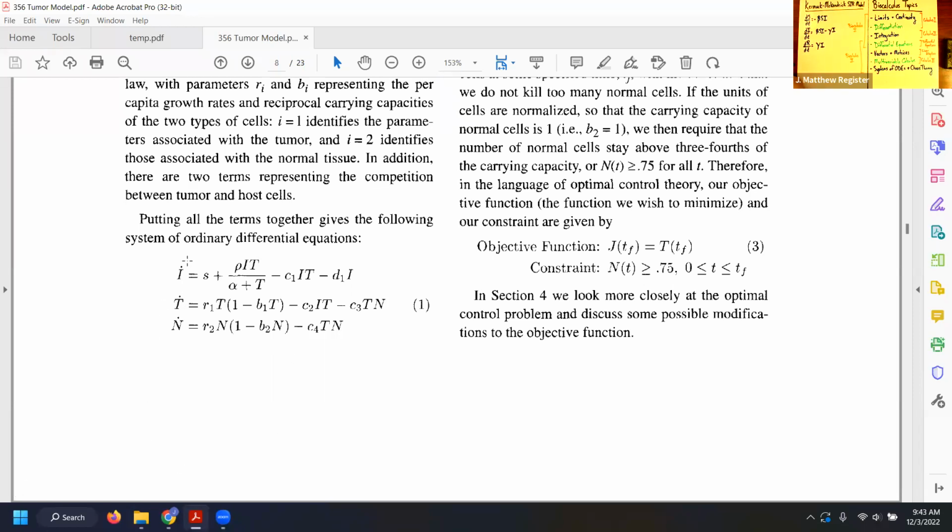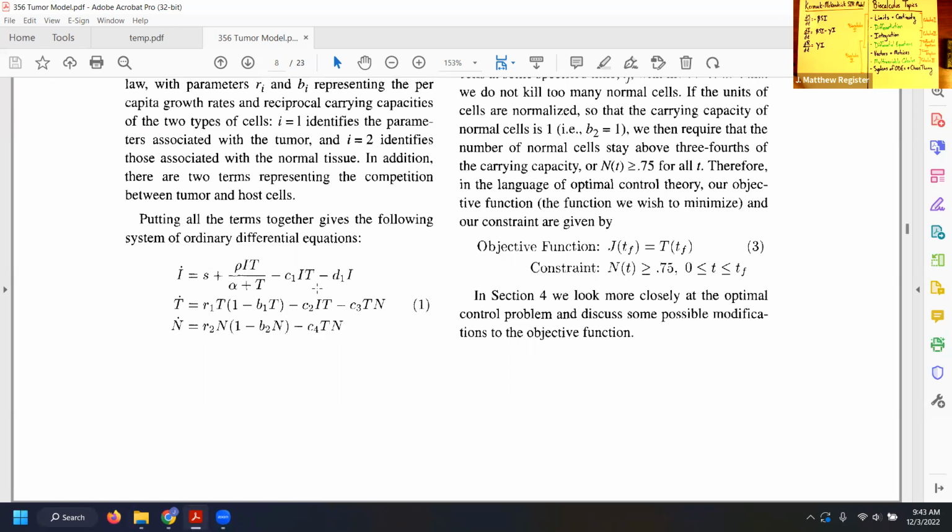For instance, in this case, the rate of change of immune cells is equal to S, and so there is something which is constantly providing immune cells into the system, plus this term, which is talking about the interaction of immune cells and tumor cells. And so when immune cells and tumor cells interact, it causes an immune response, which boosts the rate of immune cells. And so the immune cells are going to increase in number when there are immune cells interacting with tumor